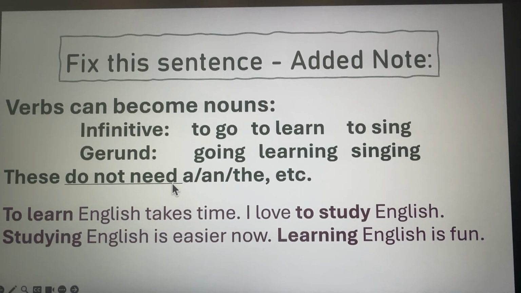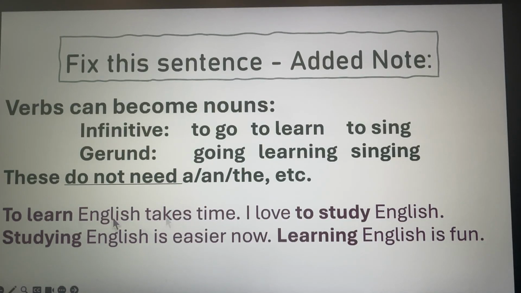These do not need "a" and "the," the other words, in front of them, even though it's one thing. It doesn't need one of these words. Gerunds and infinitives do not need these words. Here are some examples. Now, I'm hoping that you will repeat any of the sentences, both for pronunciation and for the grammar, to get used to thinking this way.